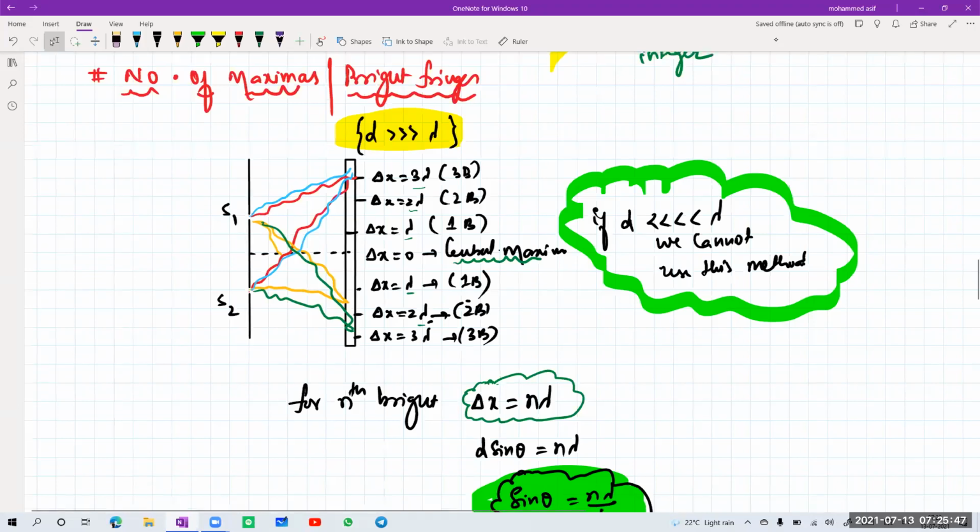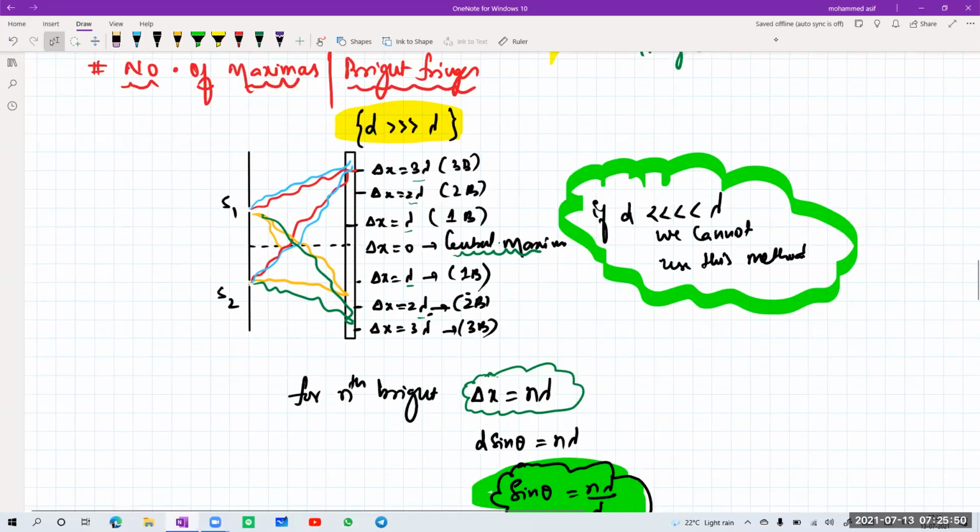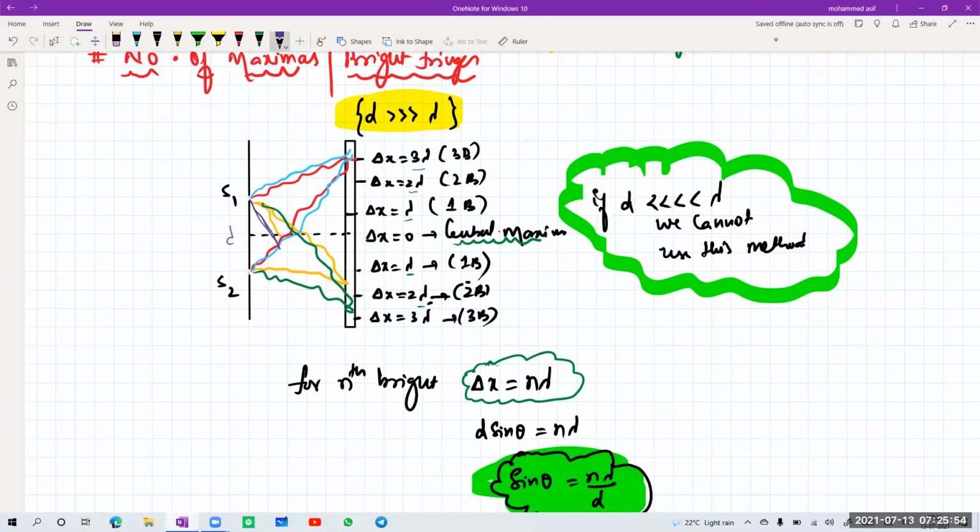Path difference formula, you all remember, right? Path difference is nothing but what, beta? This perpendicular distance is your d, making an angle theta. So this distance will be equal to how much for me? d into sin theta, isn't it? And on this one it will become d into cos theta. So this is the path difference if I'm resolving it. So x will be equal to d sin theta.